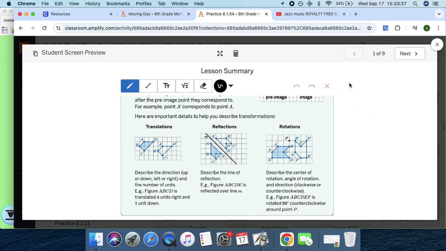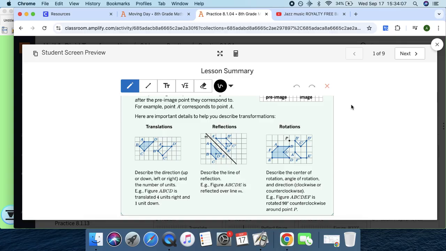So let's read the summary. Can I make this bigger? Yes, I can. Do I want to? No. So translations, right? In order to do a translation, I need a couple of things. I need to know direction. Are we moving up and down, or am I moving left and right, and the number of units? Okay, so all the points in the figure move the same direction, the same amount